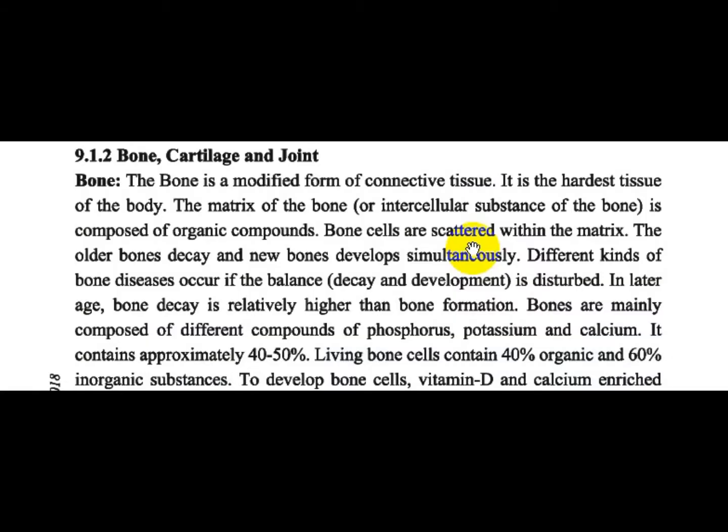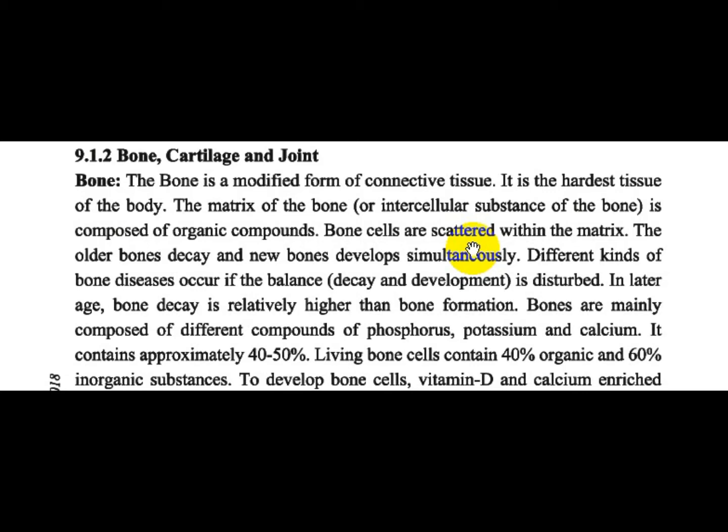So now I am going to describe about structure of bone. The dense, rigid, porous, calcified, hardest connective tissue forming the major portion of the skeleton of most vertebrates is called bone. It consists of a dense organic matrix and inorganic mineral components, which in percentage we can say